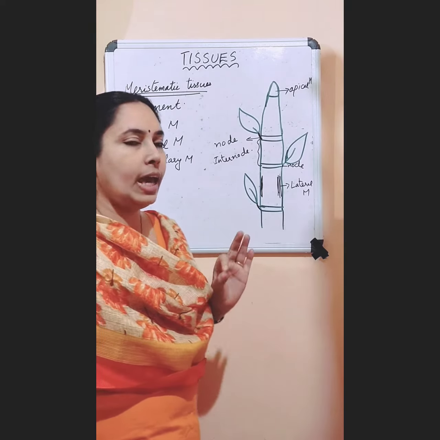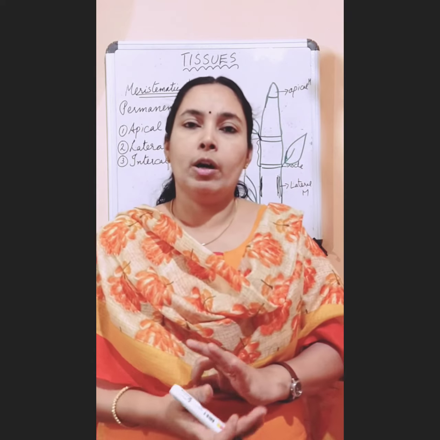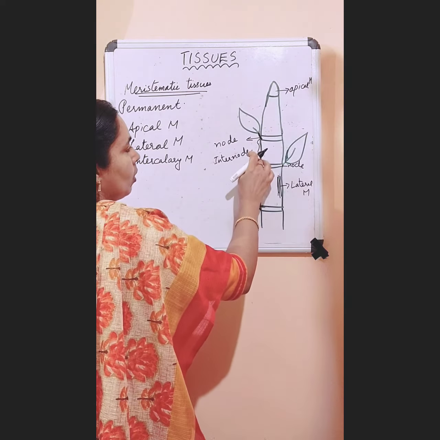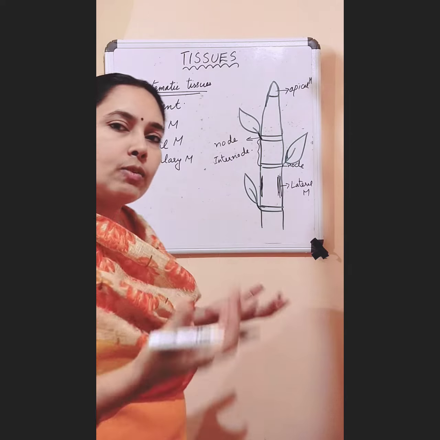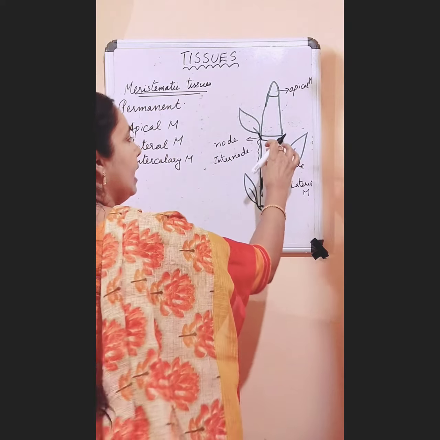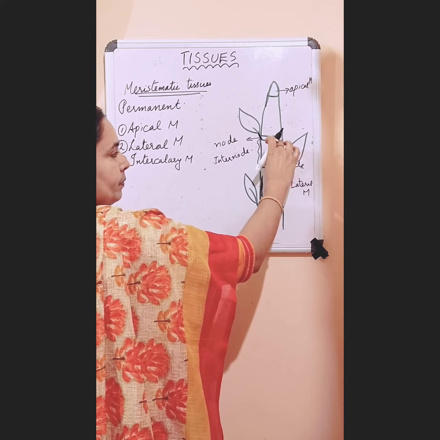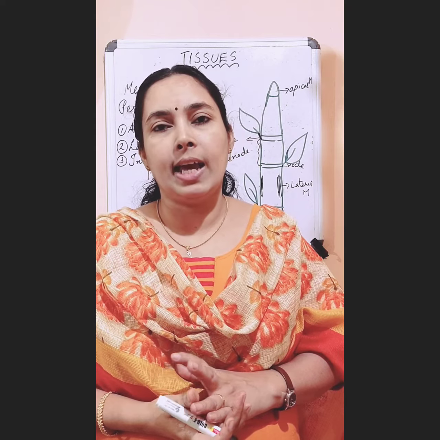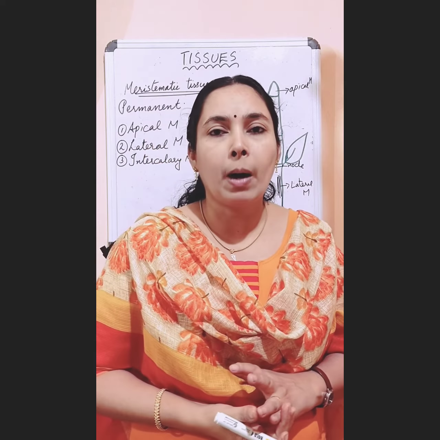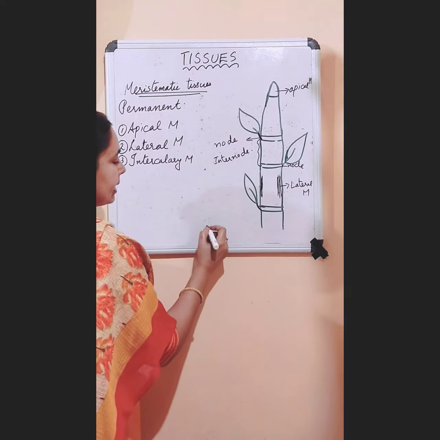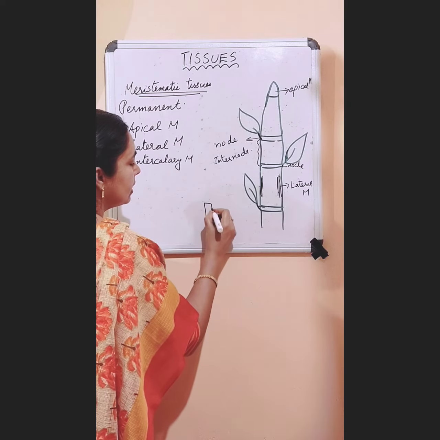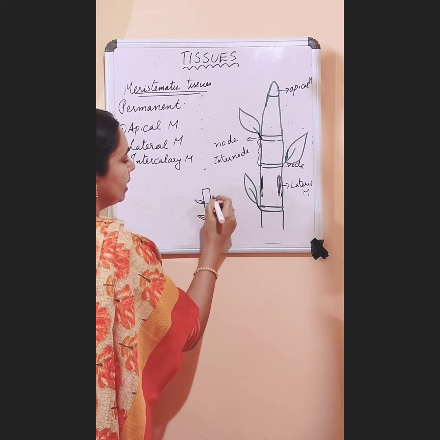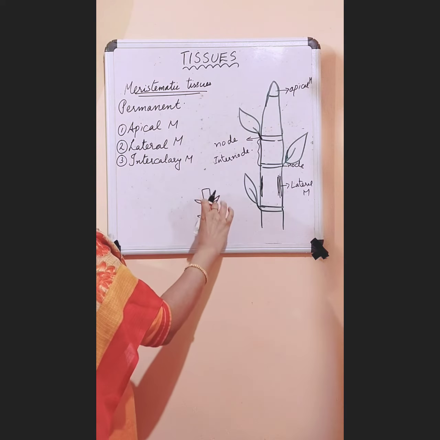Okay, and we can see this third type of meristem, intercalary meristem, in this nodal region, in the nodes or internodes. So what is its function? It will help to increase the length of the internodes. Okay, so we can see this intercalary meristem in monocot plants like bamboo, grass and all. So bamboo, at the younger stage, this is one node, this is another node. So here leaf is present, here leaf is present. At the younger stage, this distance between the nodes will be less.